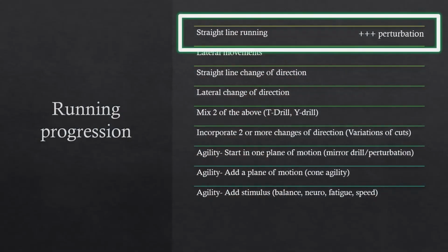Okay. So then moving on to our running. We've got a bit of a running progression here, and how I think about moving through our running progression. Like you said, from 6 weeks to 6 months, you've already done some of these things. But what I wanted to focus on is how to make them a little bit harder, how to challenge the